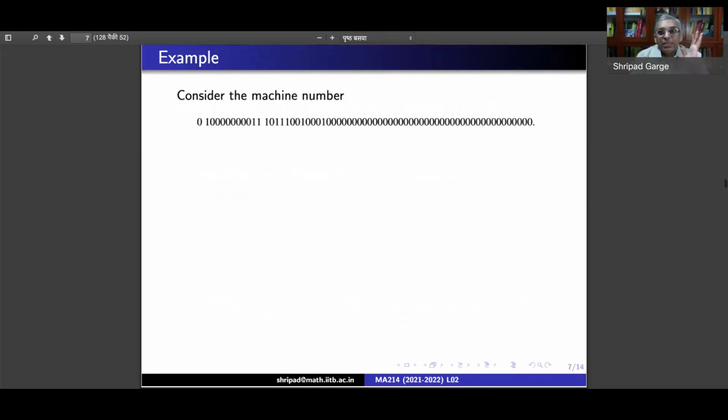Suppose we take this machine number. There are lots of zeros, which is a good thing because otherwise it would be a very complicated number. We observe that there are some gaps. There is this number 0, which is the first number. Then there is a small gap, and then we have 11 bits: it is 1, all 0, and then the last 2 are again 1. After that, there is a gap, and then we have a 52-bit number. Okay, so let's see what this number tells us.